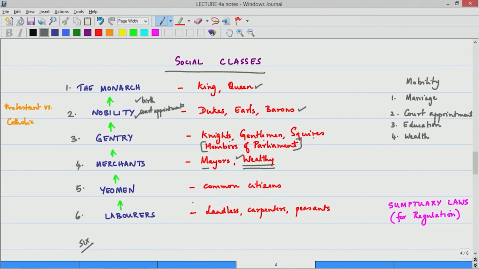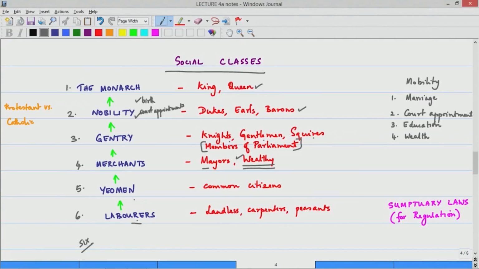And they were the common citizens known as the yeomen, and the labourers who were mostly landless. They were carpenters, they were peasants. In fact, they led a fairly unhealthy life during that time. Their economic conditions were very poor. In fact, one of the first welfare schemes that Queen Elizabeth began to enact was for the welfare of the labourers. So, these were the 6 social classes, and one significant thing is that